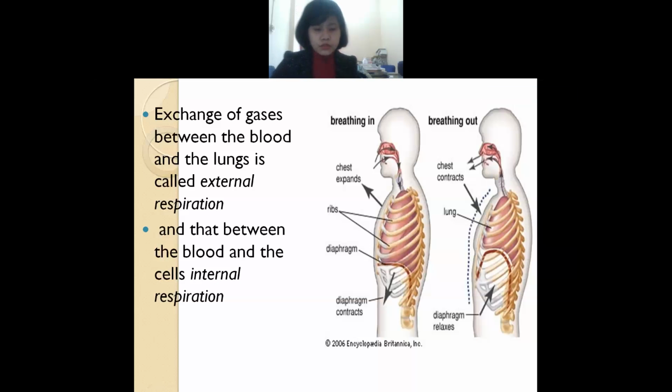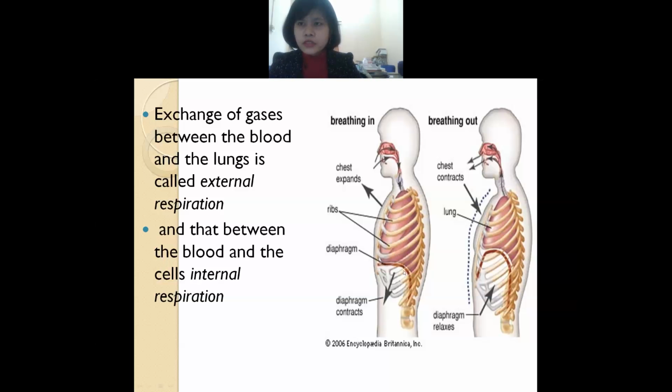It will become small. It will become pressed. And next is what? Breathing in. That is internal respiration. When you breathe in, that one is known as internal respiration. So in the internal respiration, what usually happens? There is a connection between your blood and your cells. So what happens here? Your chest will expand. It will become large in size. Chest will expand. And as well, you'll find that your diaphragm.